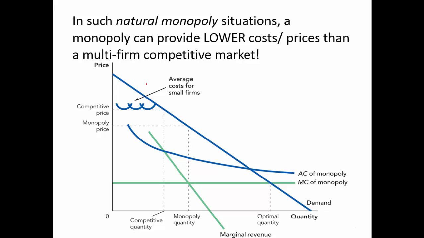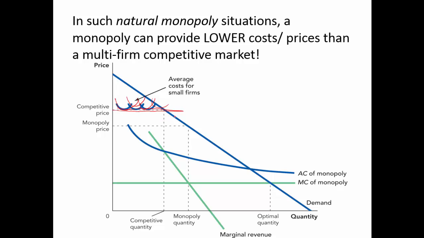To realize why, think about small firms in electrical generation. Small firms might be neighborhood generating associations, or maybe large industries would have their own power plants, but you'd have a lot of duplication of both capacity and transmission networks. So you'd have higher cost curves for small firms because they wouldn't be able to take advantage of economies of scale. You'd have the average total cost curves for all these small firms looking like this, and the minimum cost for them would be at this level here at the bottom of these overlapping average cost curves.